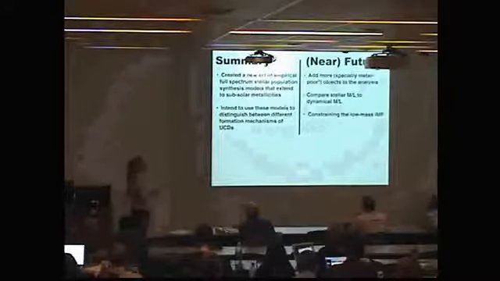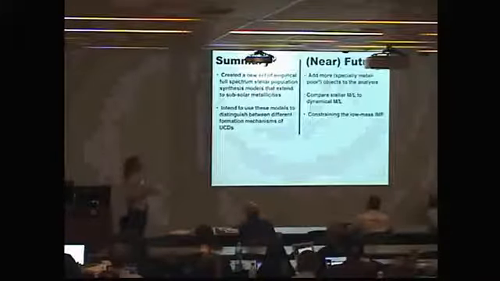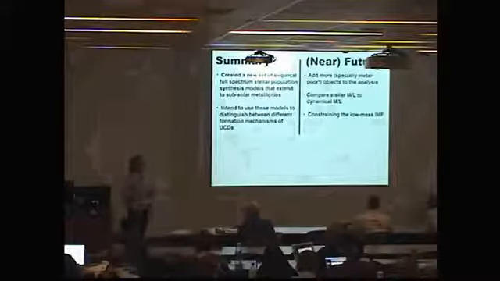Now that we have full spectrum models that extend out to the IR and that extend to subsolar metallicities, we want to extend this analysis by first adding more objects, especially metal-poor UCDs. And we're interested in understanding the differences between the stellar mass to light ratios of UCDs and the dynamical stellar mass to light ratios. And again, constraining the low mass IMF of these objects, which we can now do with these new